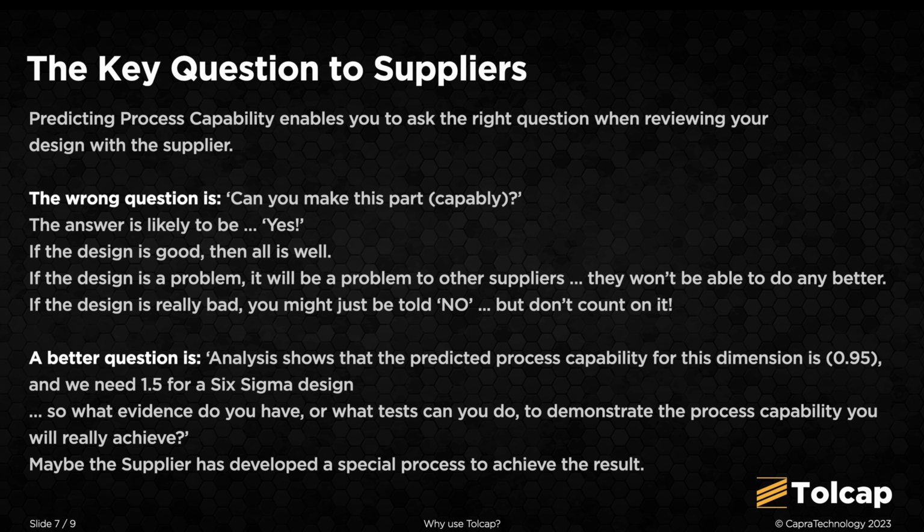A better question is, analysis shows that the predicted process capability for this dimension is 0.95 and we need 1.33, or start from 1.5 for a Six Sigma design. So, what evidence do you have, or what tests can you do to demonstrate the process capability you really will achieve? What this does is transform a possibly confrontational meeting, implying that the supplier is not clever enough to make your part,